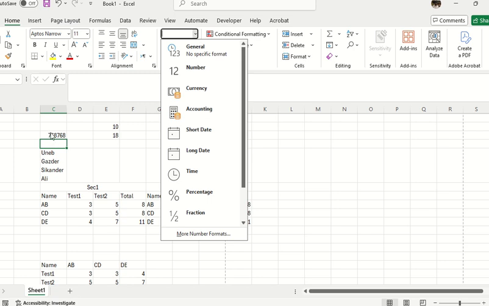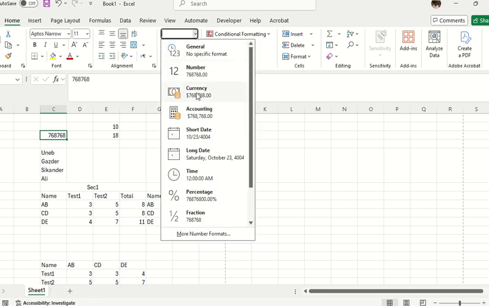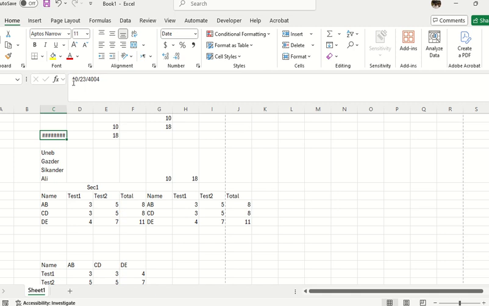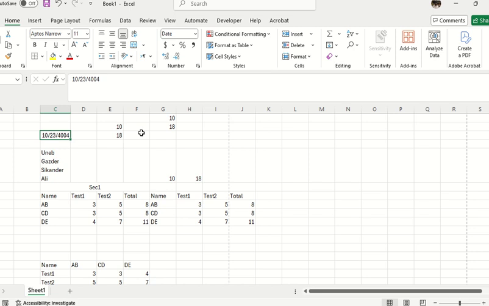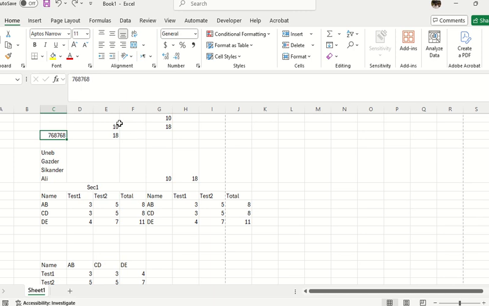Now, if by mistake you went there and selected date, it will change it to date. Does this look like a date? No. But when I change the format, it forced it into a date. It is not a date, and it will not give the error. If it gives the error, I know there's an error, I will change it. But the software doesn't give an error. It will make it into a date, whatever the number is. You can see the number is 768768. Now if I change it to date,